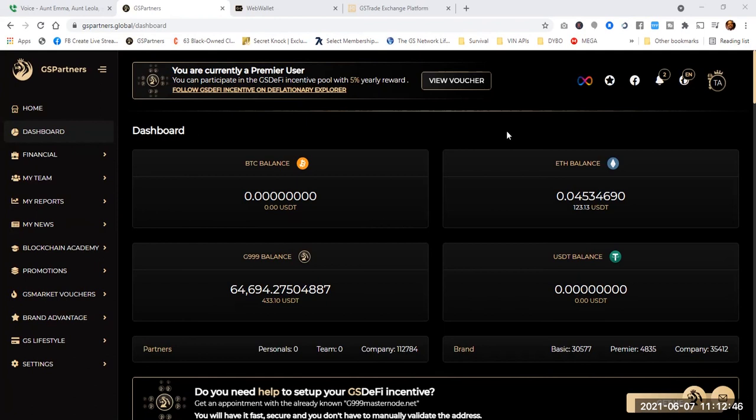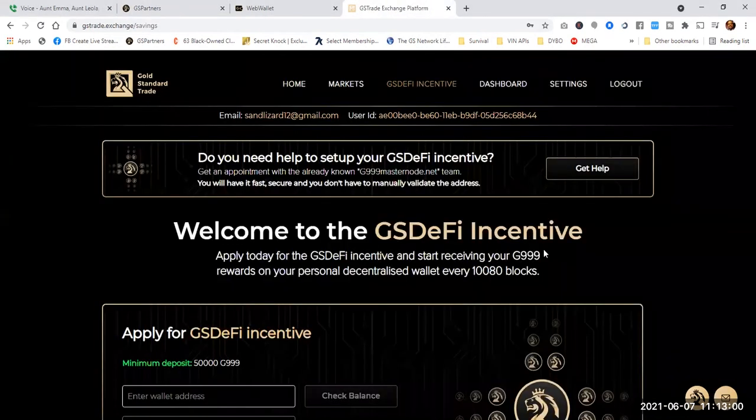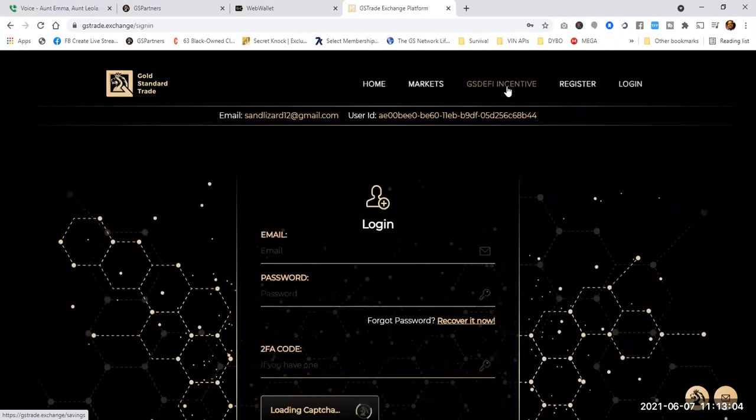One of the first things that you want to make sure that you have in place is you want to make sure that your KYC, know your customer, is done for both your GSPartners and for your gstrade.exchange. Now, to find your KYC on the GS Trade,